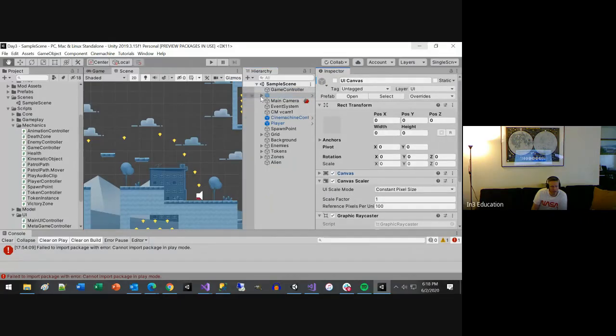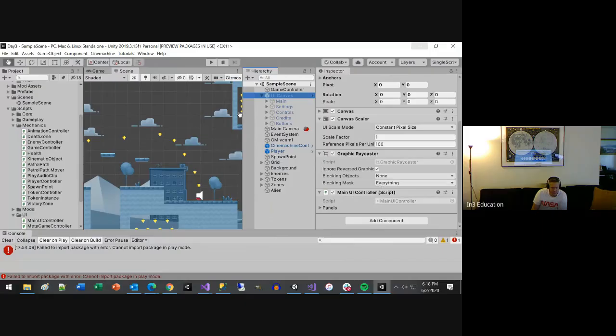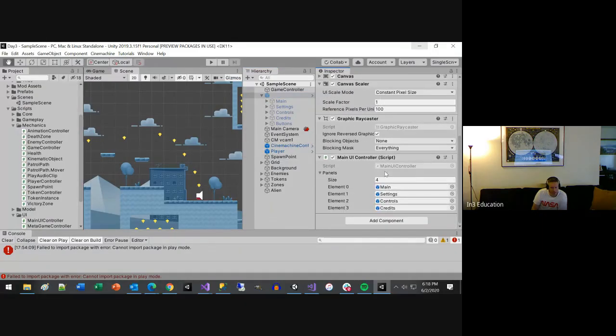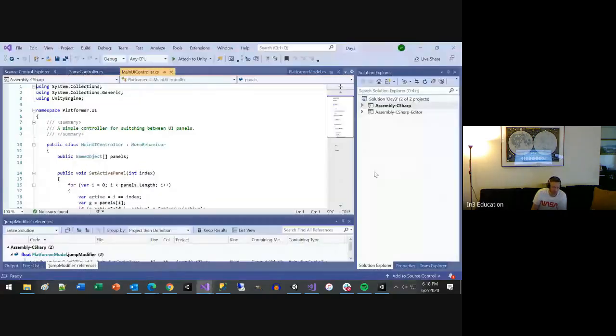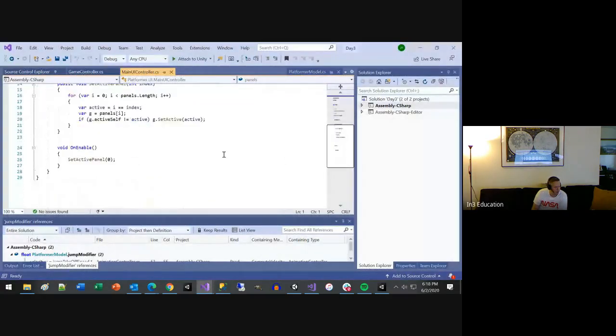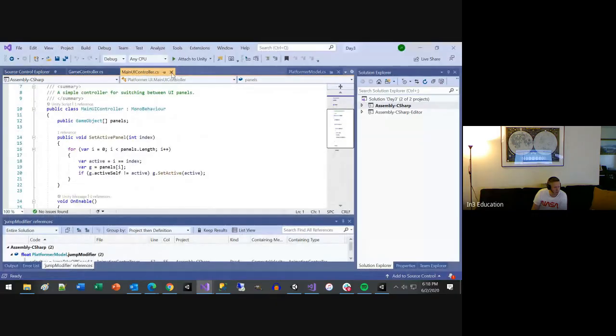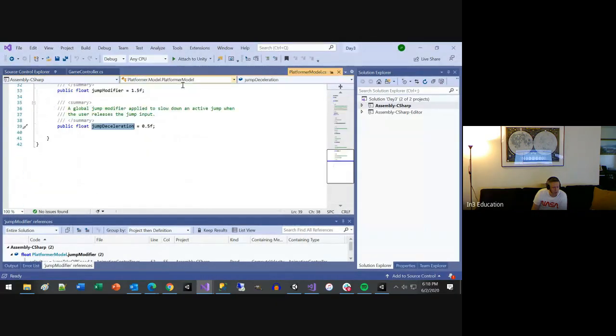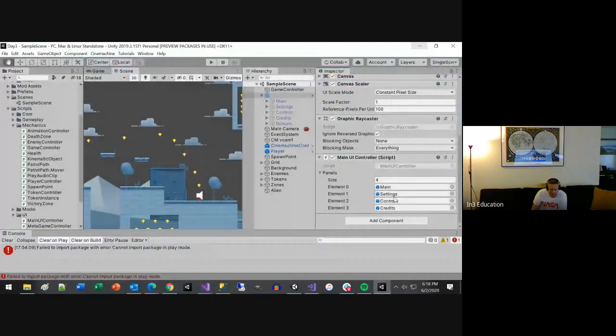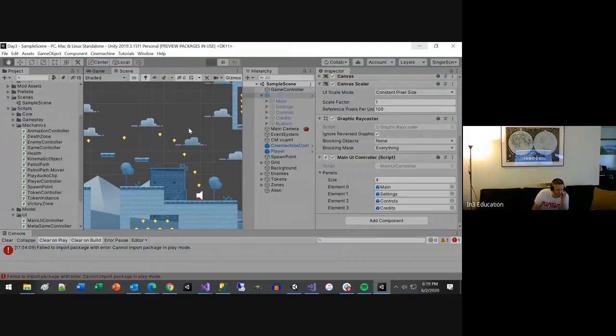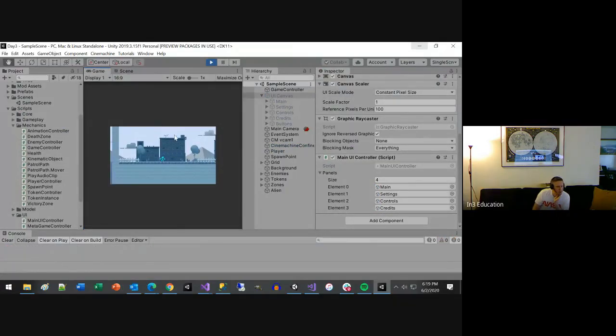This is our UI canvas. This is the heads-up display, the GUI. Looks like it has a script on it as well. This is kind of the main menu controller right here. This handles the different sub-menus of the main menu. It looks like there's probably a settings and a controls and a credits. I didn't even really see how they activated that. Was there a menu button? I don't even know. It doesn't look like there's a menu button,